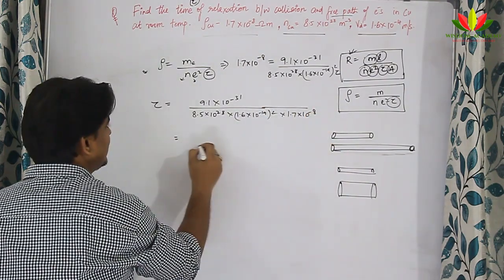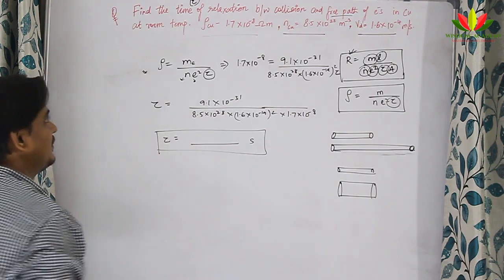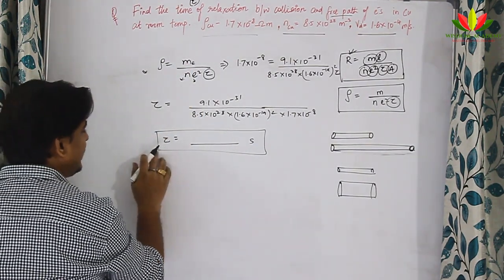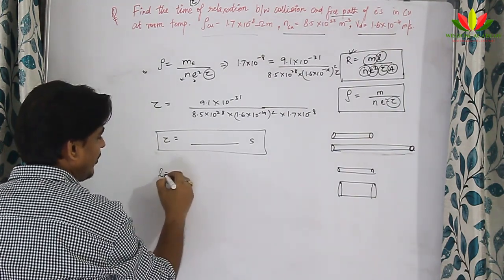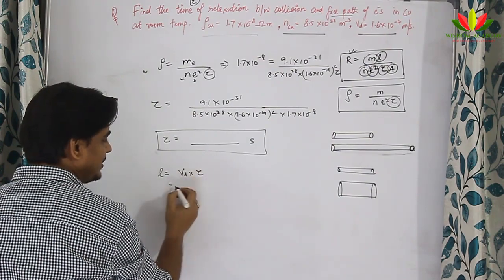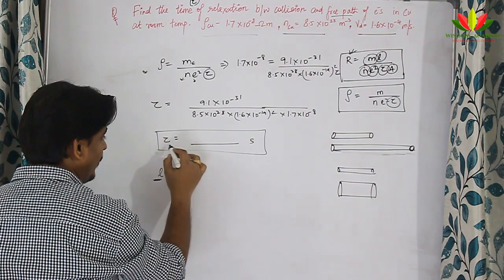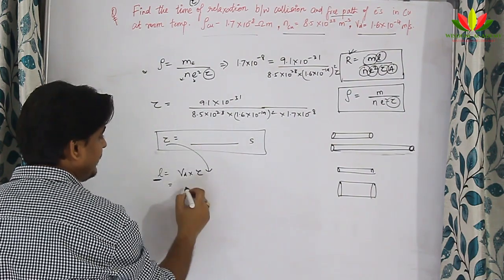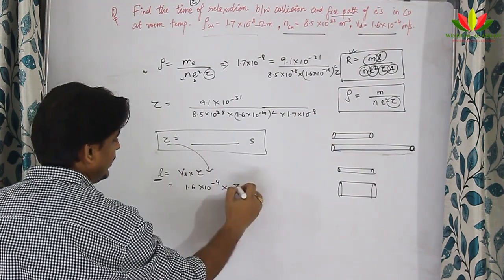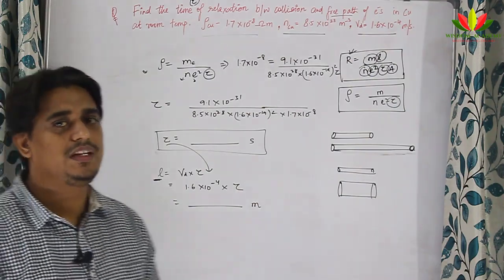So when you solve this expression, these many seconds will be the relaxation time of the electrons. How to find the mean free path? That also we can find, because free path length will be equal to velocity into time. Drift velocity is known, tau will be known. When you multiply these two quantities, you will get the mean free path. So it will be equal to whatever tau value you get from here, multiplied with the Vd, that is 1.6 into the power minus 4 into this tau value, which will give you the mean free path of the electrons.